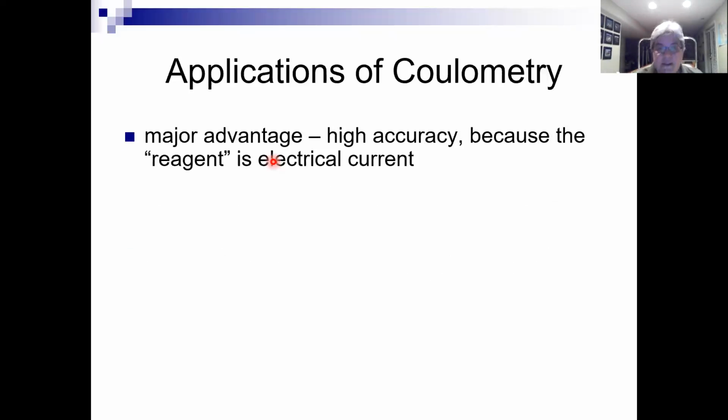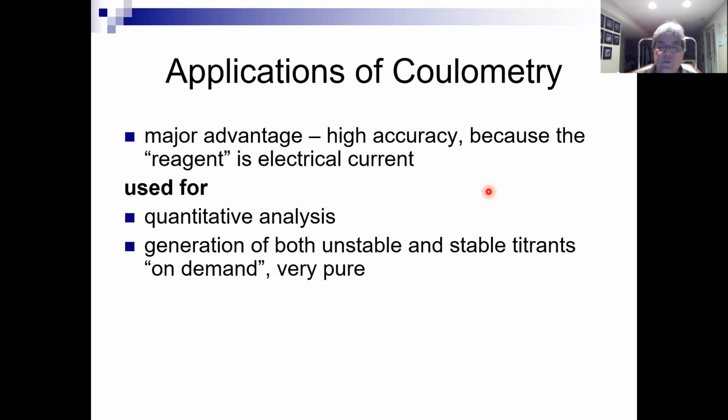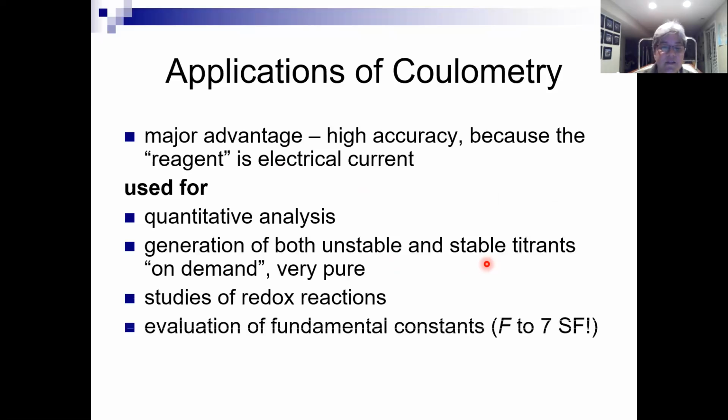All right, so the good advantage, very accurate, because the only reagent is current. That's what we're measuring. So very precise method. And it's used for quantitative analysis to, as I've already said, generate unstable titrants and stable ones on a small quantity, and you need them very pure. We can use it to study redox reactions,